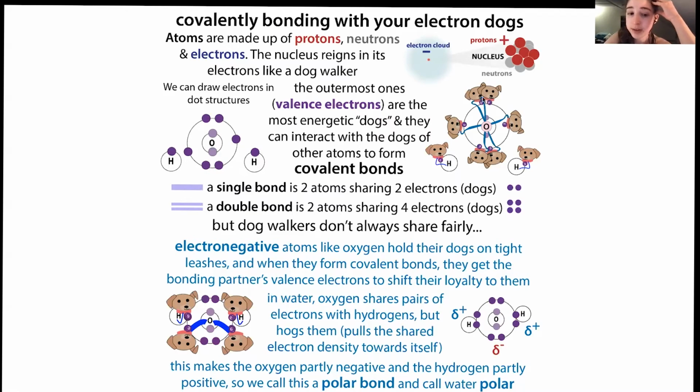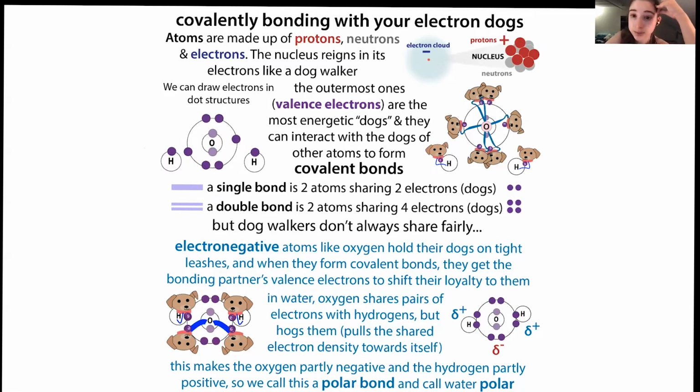So if you have something that is electronegative, like an oxygen, and it binds to something else in a covalent bond, they're sharing their electrons. Although we can draw these electrons in shells, really these electrons are just whizzing about in a cloud. So we can think of there being this cloud of electron density. When you have a molecule like oxygen that's really electronegative and it binds to another atom, the oxygen is going to pull tighter on the